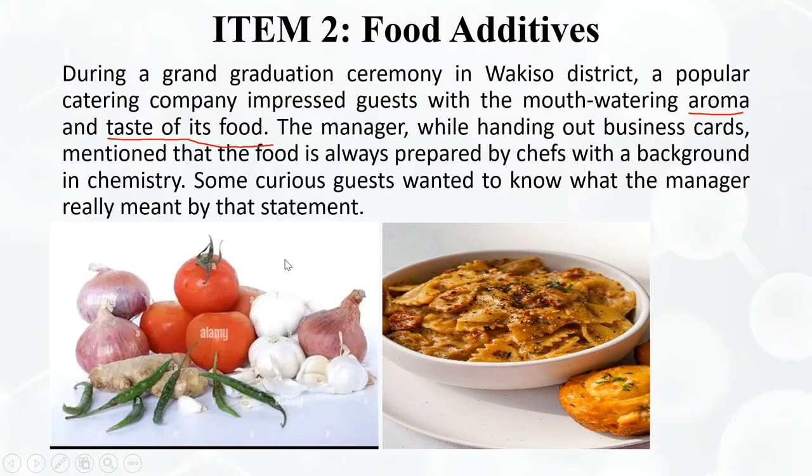So we have all this, and all this is our support material. That support material shows us the different materials which they used during the cooking of the food. But one thing we have identified is that this food has good aroma and good taste, and we say that these food additives can be categorized according to the source.